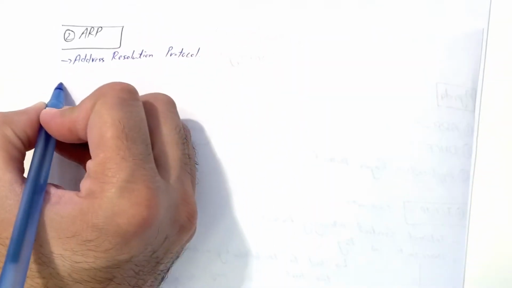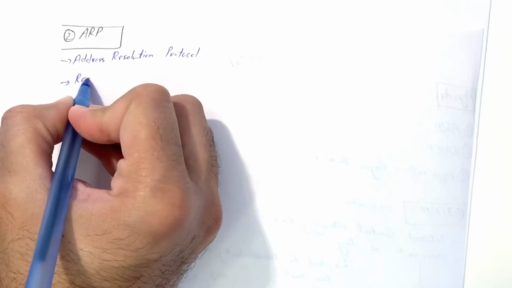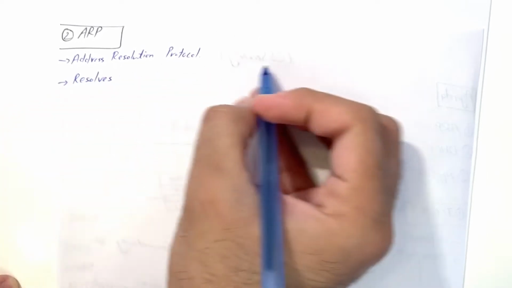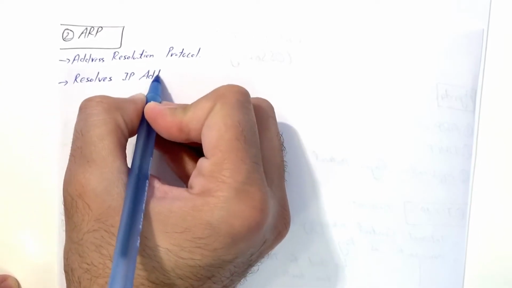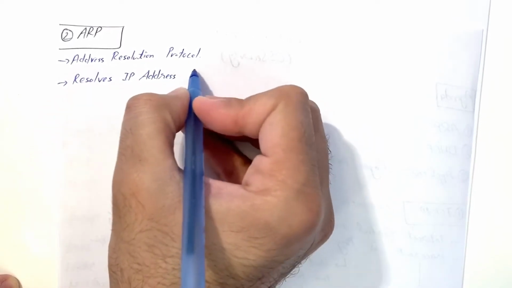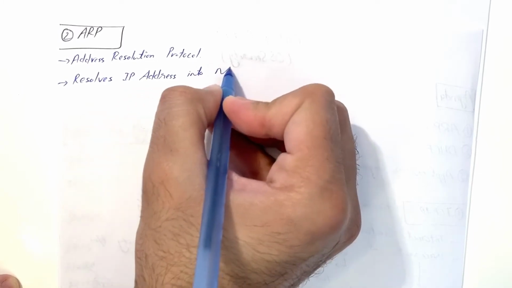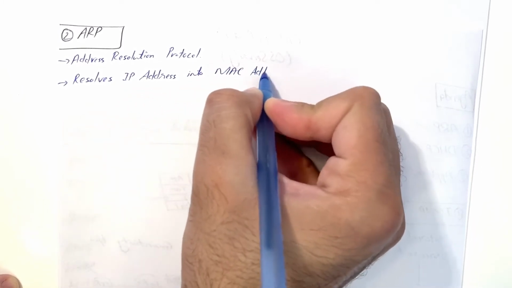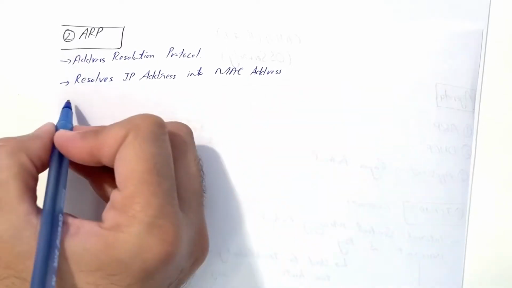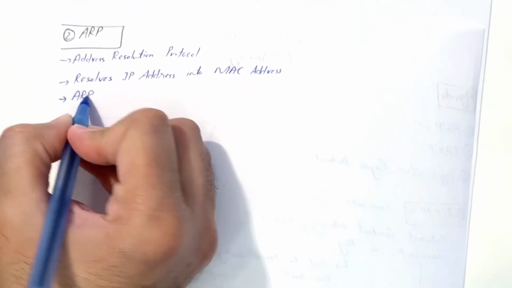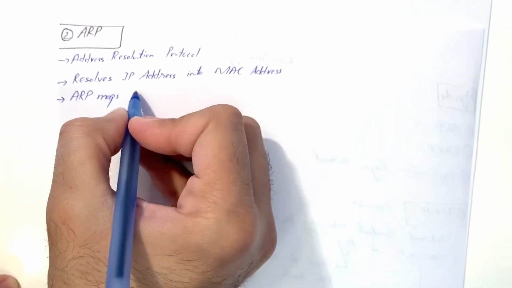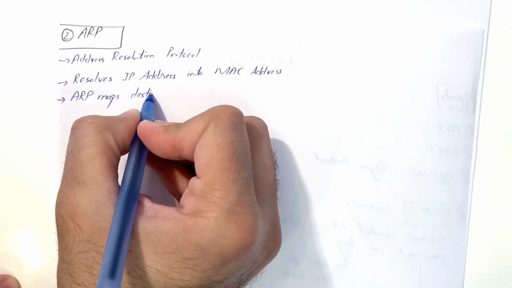So ARP protocol, what it does, it mainly resolves, that's the definition, resolves the IP address into MAC address, or you can say ARP maps